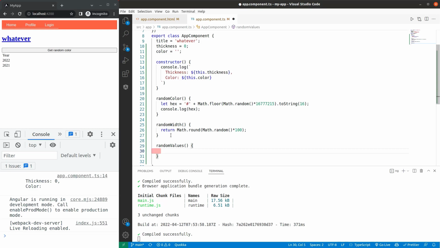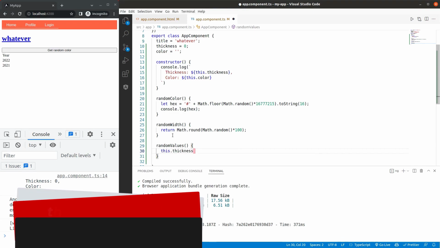And it's not taking any parameters, so I'll leave this just an open and close parenthesis. And it's just assigning values to the thickness member of the app component's class. So I'll go this.thickness,